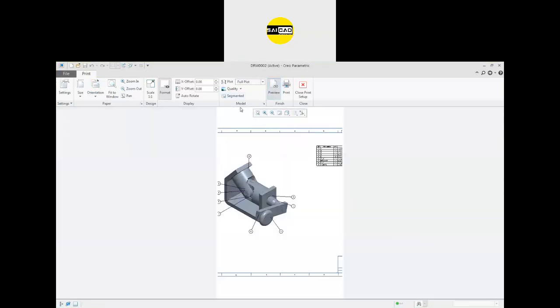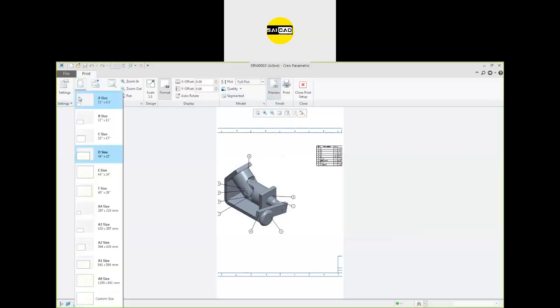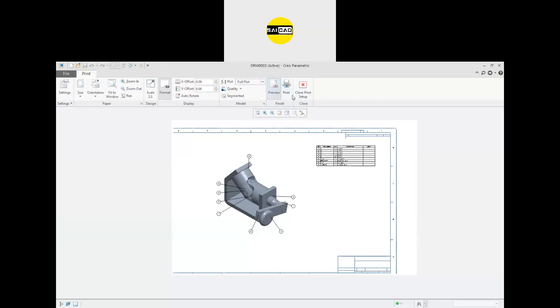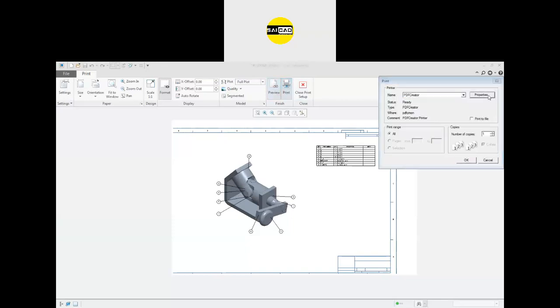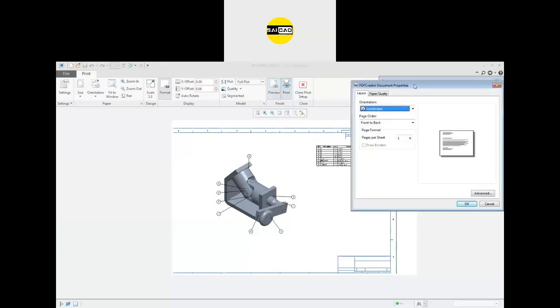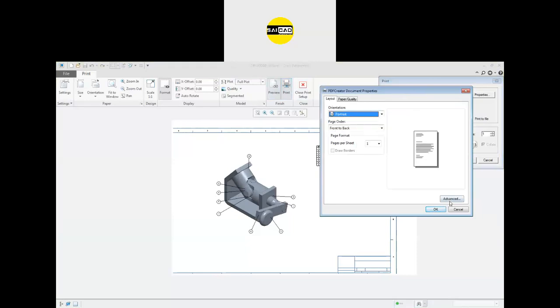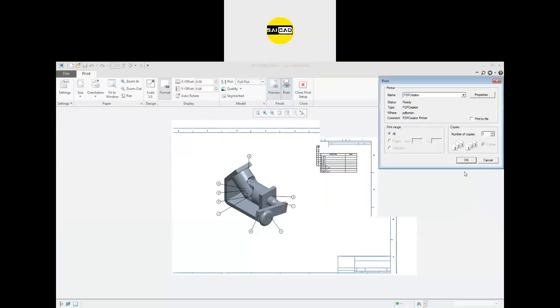Okay, landscape, but we have to now go to the print and select the properties from here. So I think the layout is controlled from here. Okay, just create one more time.